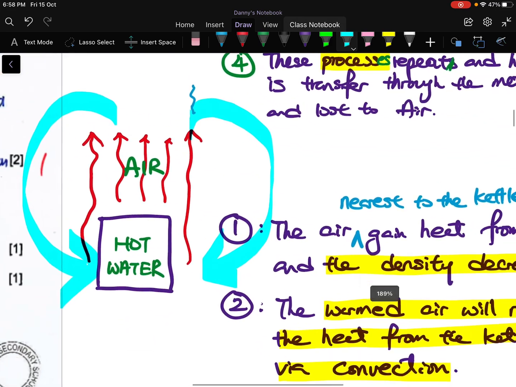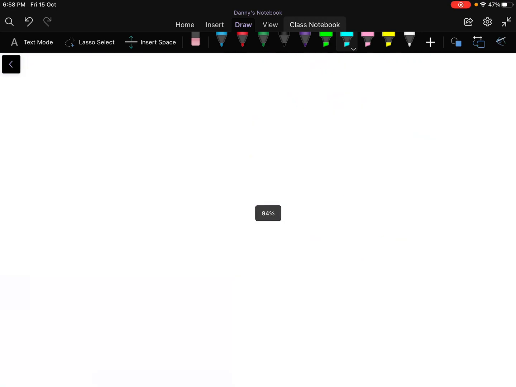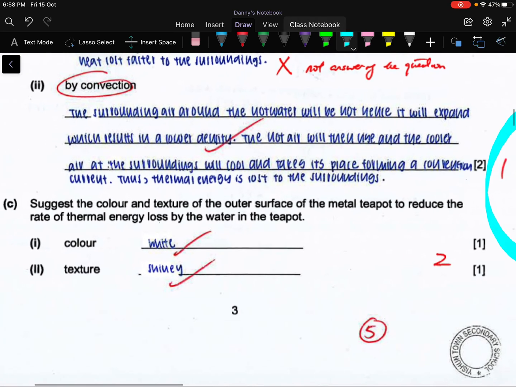So we should actually focus on how this thermal energy is lost to the air through the rising convection current. You don't even need to talk about how the other cooler air would replace it and get heated evenly. Okay, then in part C we are actually checking whether you have studied radiation, and actually to slow down the rate of energy loss through radiation, you should use white color or